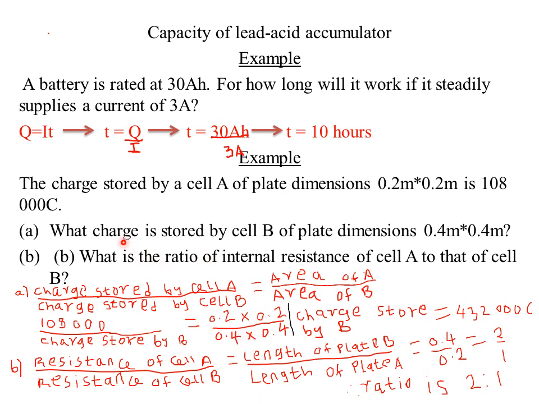So we are told, what charge is stored by cell B of plate dimension 0.4 by 0.4? If these are the dimensions, that is the length and width of cell B, then the area will be length times width. So here the length of B is 0.4, and the width is also 0.4. So we just substitute 0.4 times 0.4. Then if I make the charge stored by B the subject of the formula, I'll simply get